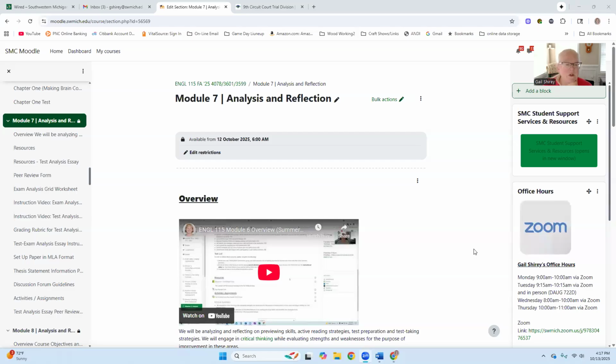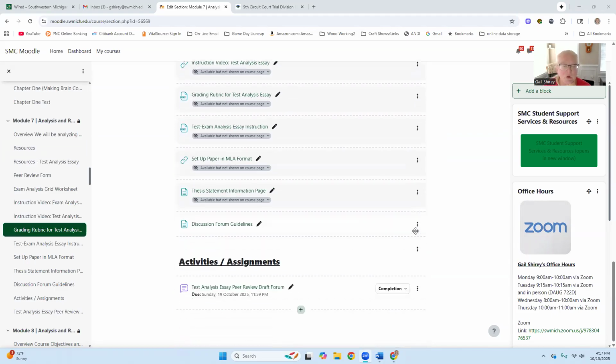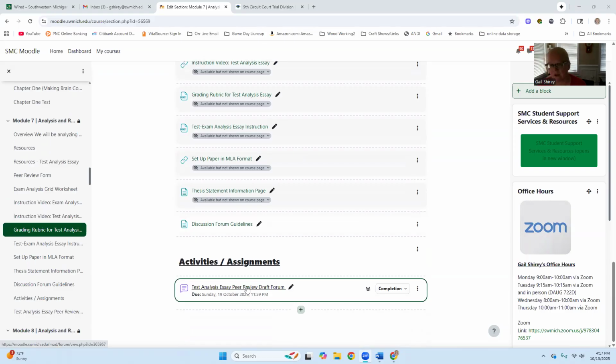Hi everyone, this is to walk you through the assignment for Module 7 in English 115. In this module, you can notice there's only one activity, but there's quite a bit of prep work to get you to that activity. It's going to be a test analysis of your performance in the Chapter 1 test you